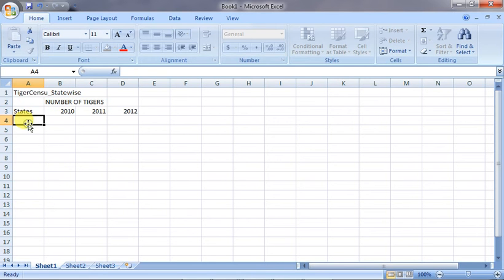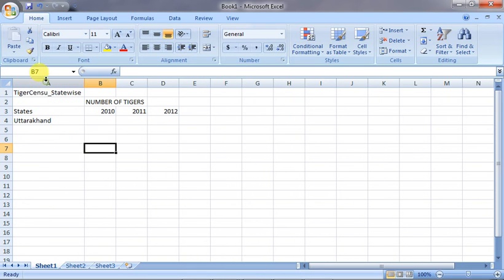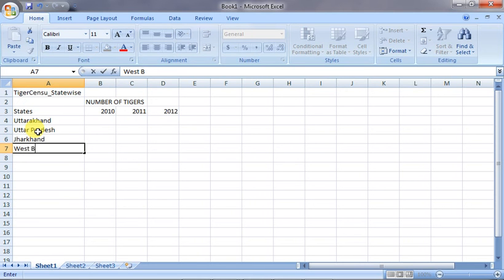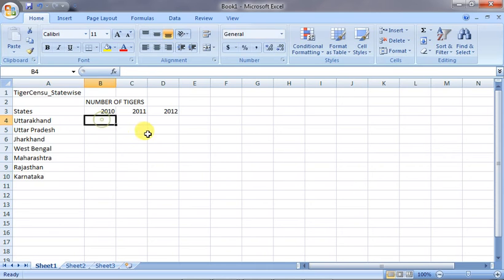The names of the states we will write out here: Uttarakhand, Uttar Pradesh, Jharkhand, West Bengal, Maharashtra, Rajasthan, and Karnataka.